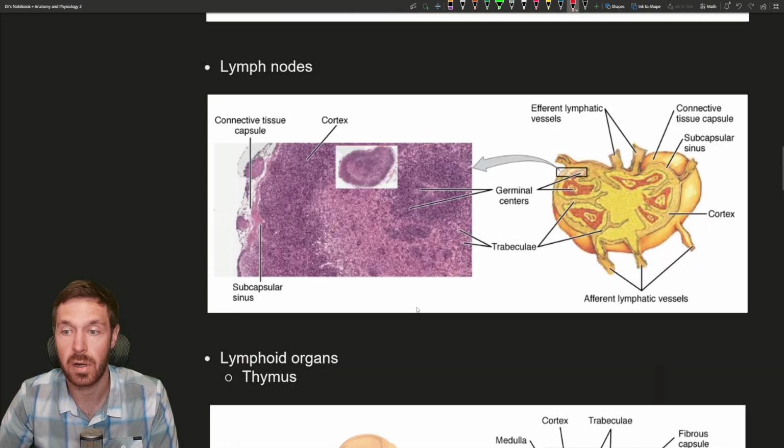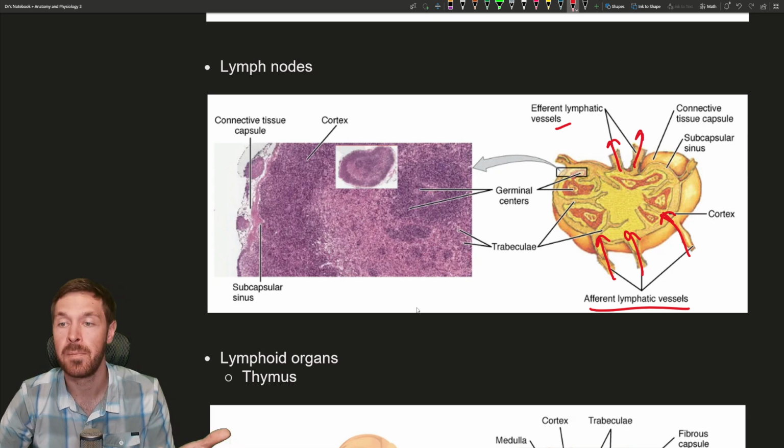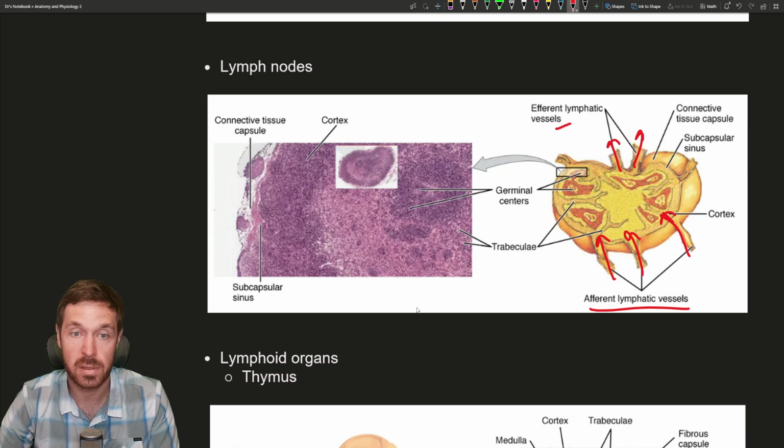So up next, we're going to talk about those lymph nodes in a little bit more detail. Like I said, afferent vessels are the arriving ones. So here, this is where fluids enter the lymph nodes. Here, these are efferent vessels. So this one's showing 3 coming in and 2 going out. That means there's a slow down of flow. So when fluids come in, they go around these little